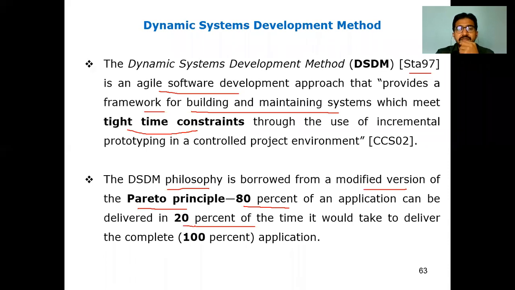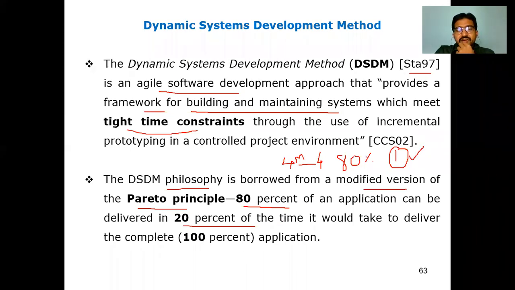How will it define the time? Say the product has 4 modules, for example. Among the 4 modules, if we take 80%, that means 3 modules will be completed within the time it takes to complete 1 module. For example, to complete these 4 modules it takes 4 months. So 80% of the work can be given in 20% of the time. So 4 months means 1 month.